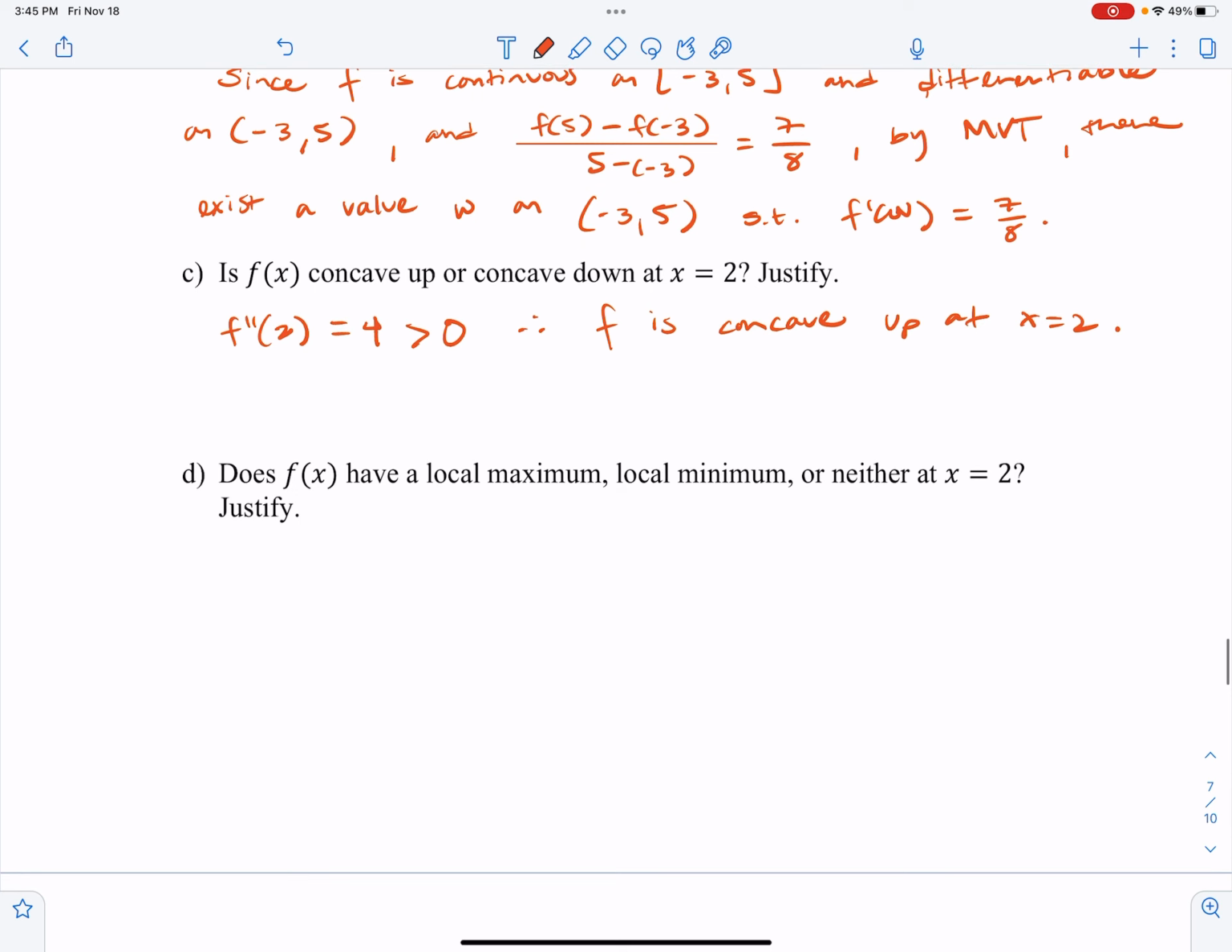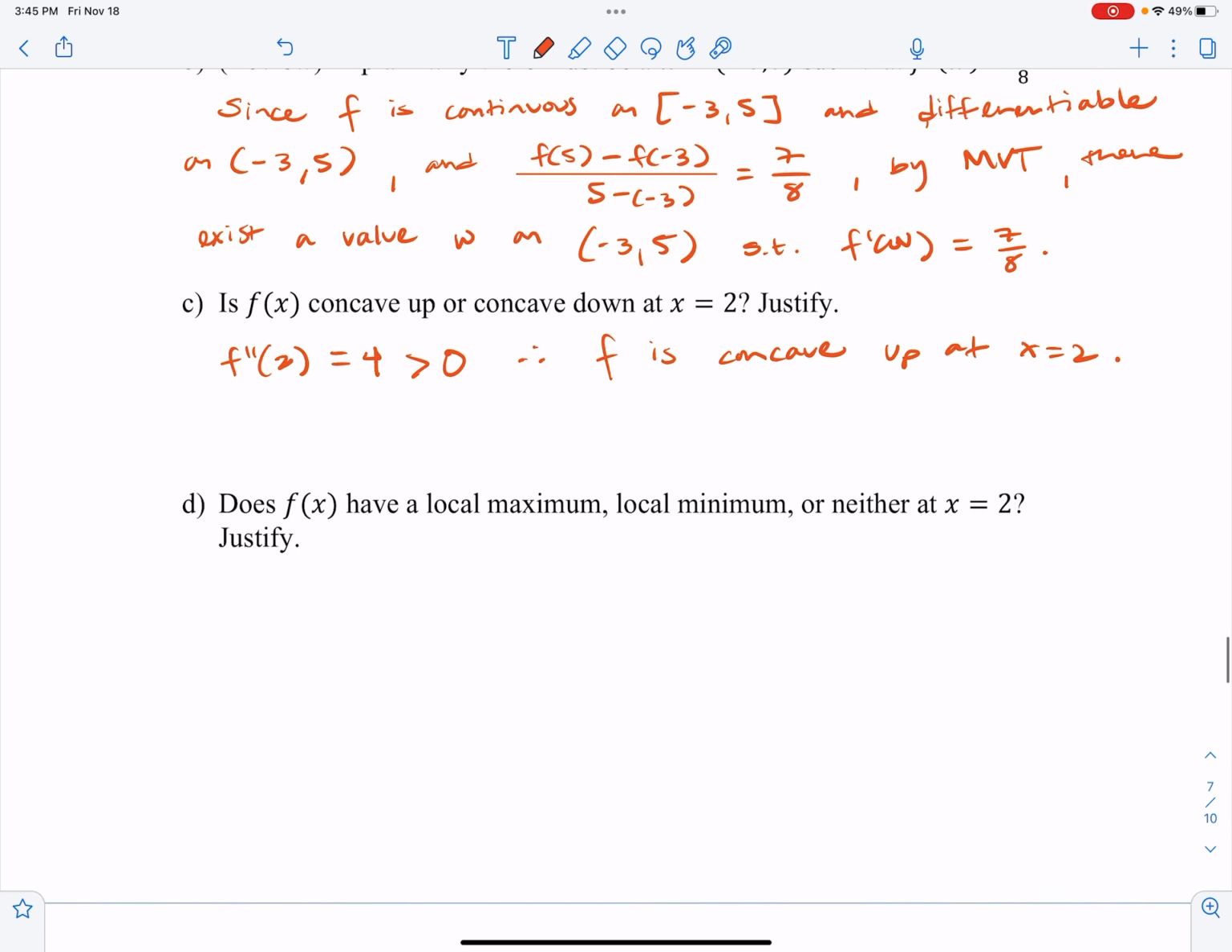Does f have a local max, min, or neither at x equals 2? Justify. Well, that's the second derivative test. You do not need to reference the second derivative test by name. I'm going to, though. Why not? You can say by the second derivative test. You don't need to mention the name, but you can. Just make sure if you are naming something that it's the correct name. So by the second derivative test,